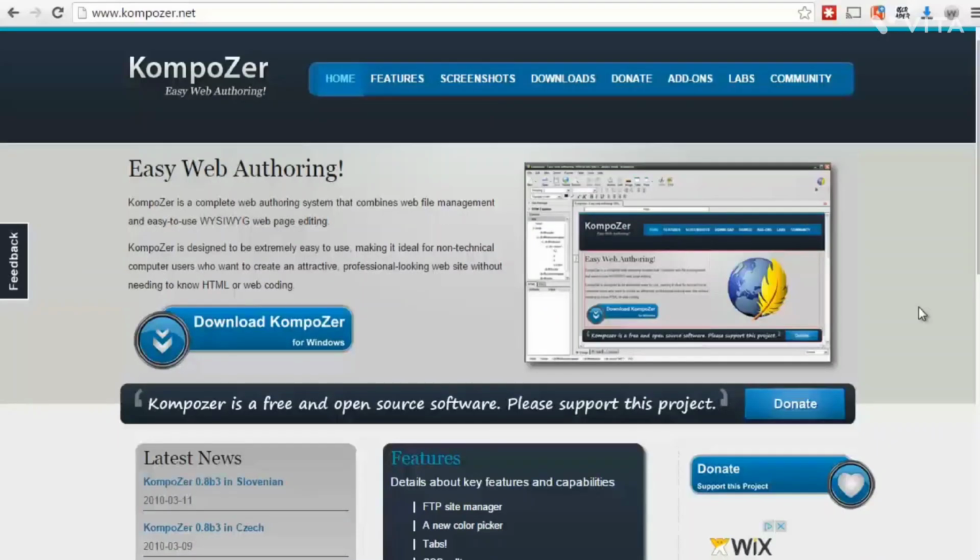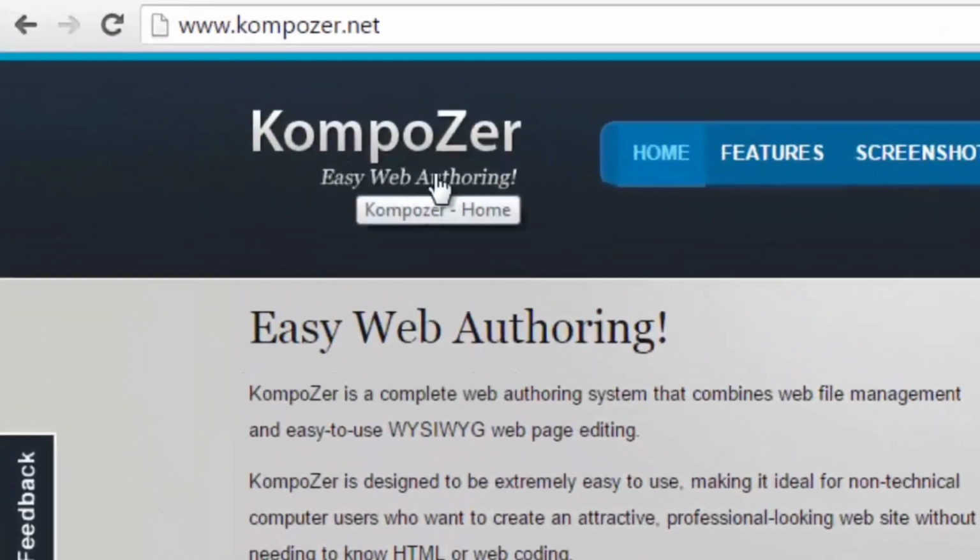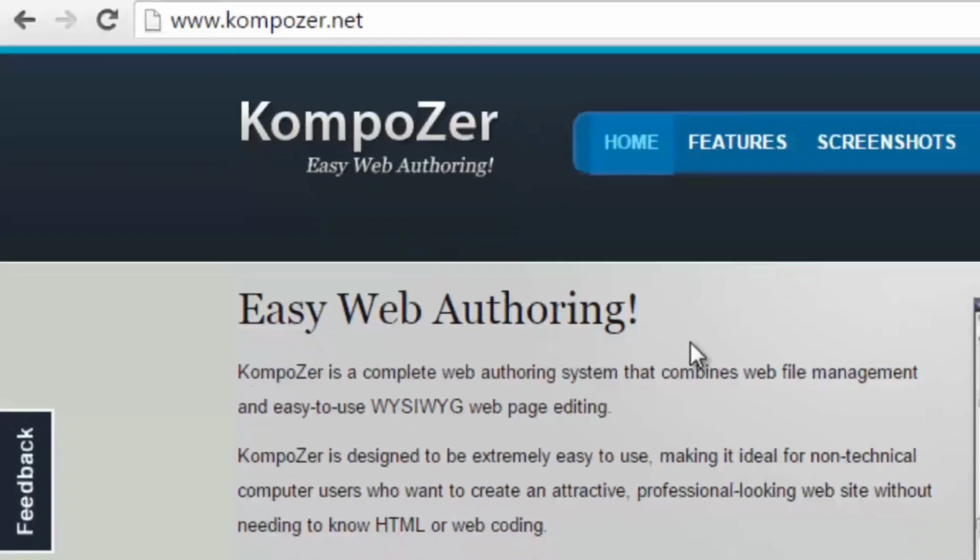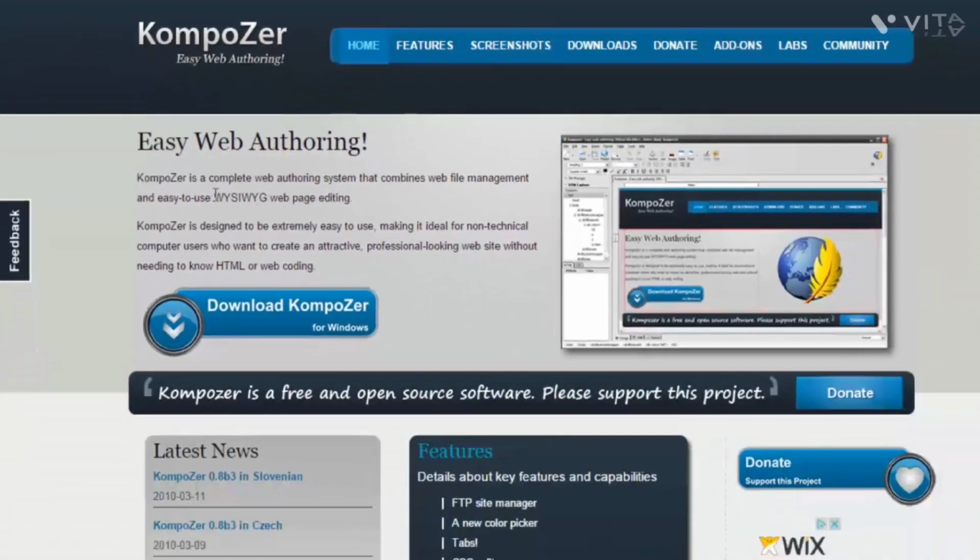So the easiest way to access Composer, the HTML editing tool we are going to be utilizing in this video course, is by going to kompozer.net, as you can see up right here. So it's kind of like Composer with a C, but it has a K. Now, as you can see, it is an easy web authoring tool. It's what we call a what you see is what you get. So you see it on the screen as a web editing tool, and the code will actually be shown on the back end. I'll show you that in just a minute, but I highly recommend you go ahead and